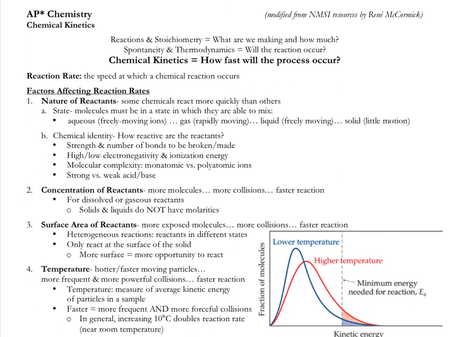We are now ready to study chemical kinetics. So we've talked about reactions, we've talked about stoichiometry, and we just finished up thermo, and those had to do with, what are we making, how much of it are we making, and thermo really comes down to will the reaction occur or not. Yes, we had bond energies, yes, we had a lot of other things there, but it's really the fundamental is this reaction favorable or unfavorable, but it doesn't tell us anything about when we can expect